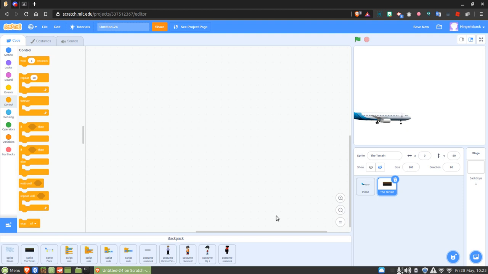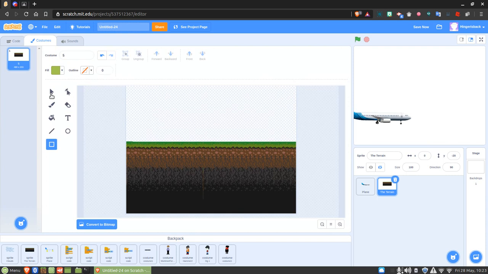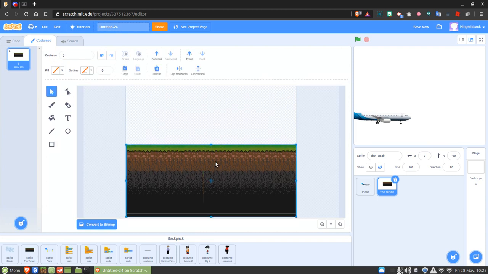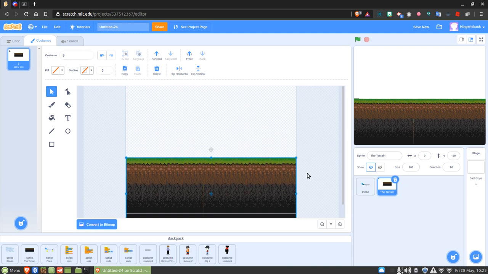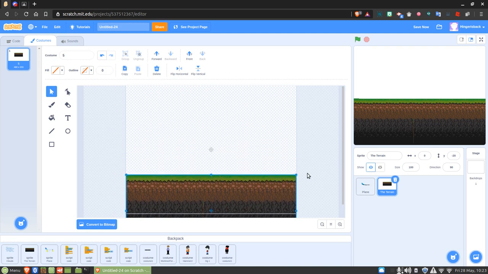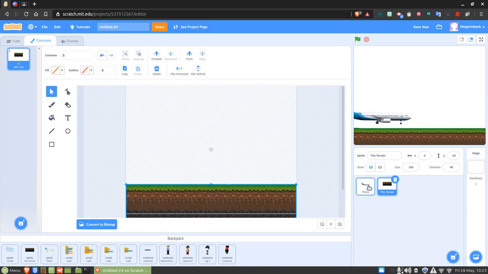And then, if you've got like the terrain and stuff, I'm just gonna move this terrain down to the ground. Make sure it's visible too, because it needs to be visible. I'm gonna just keep moving. And once you've got it in the right place,